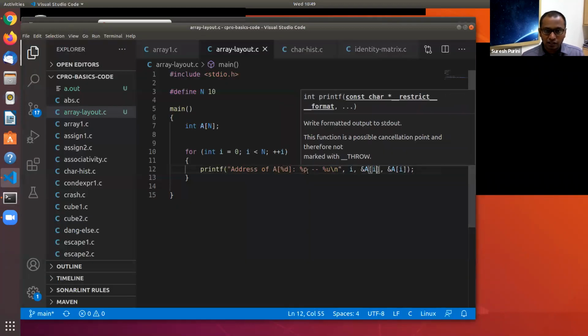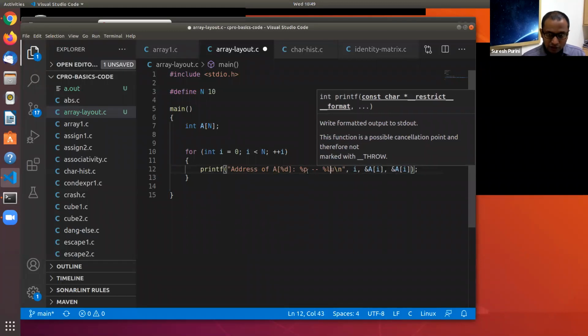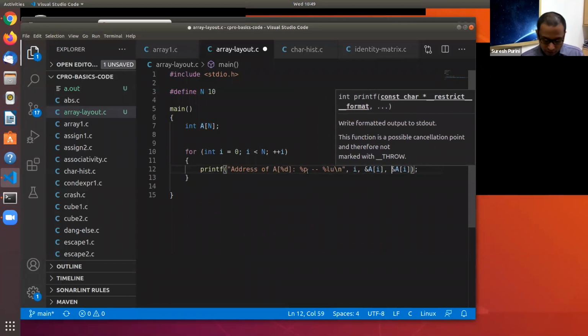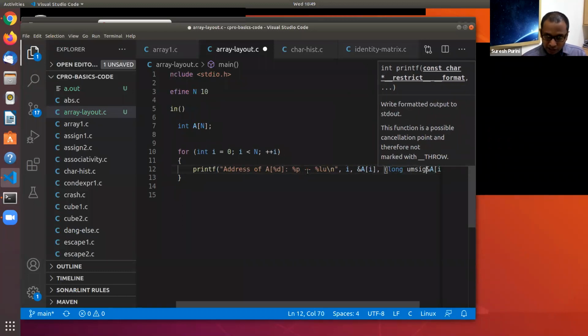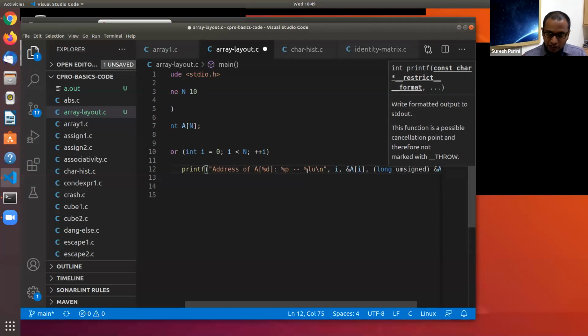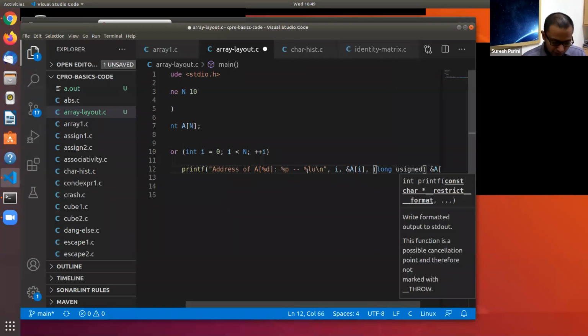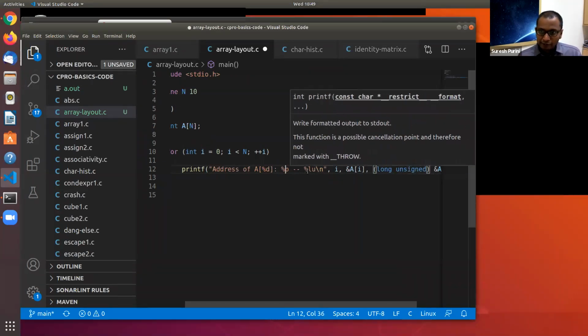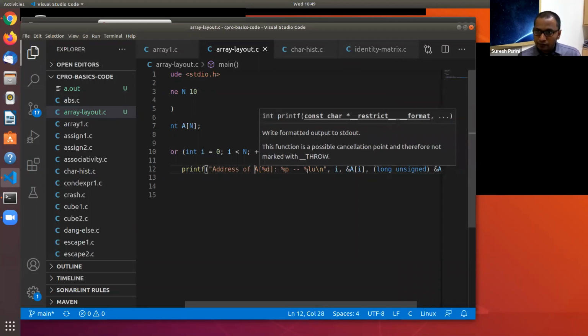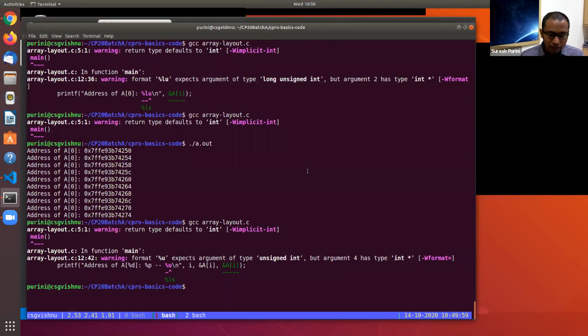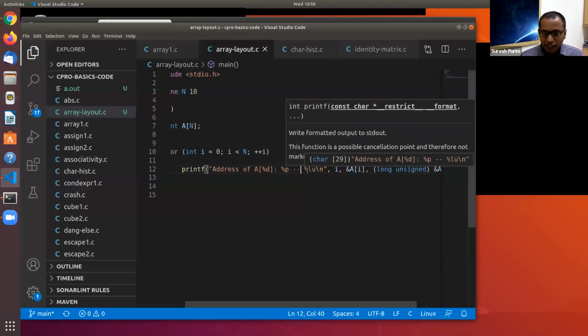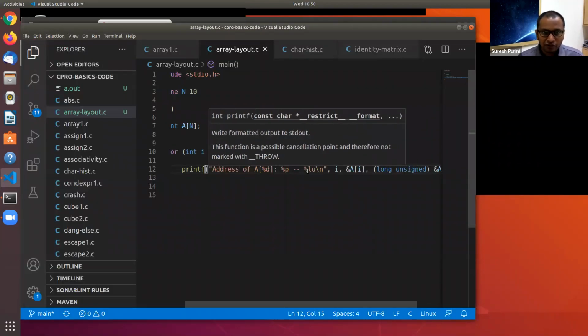Okay, got it. So please don't pay too much attention to a few things that I'm doing, but what we are trying to do is print the addresses. Just use %u. Anyway, let's stick to this and we will see what happens.